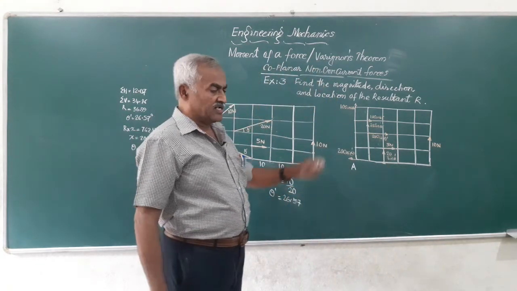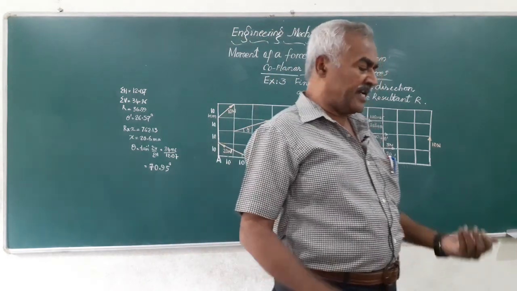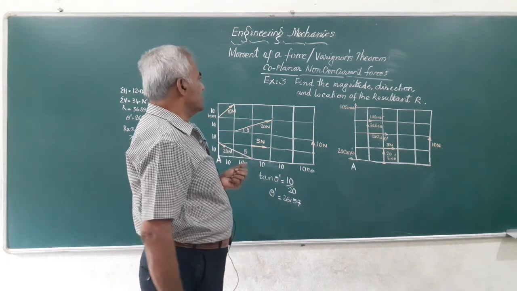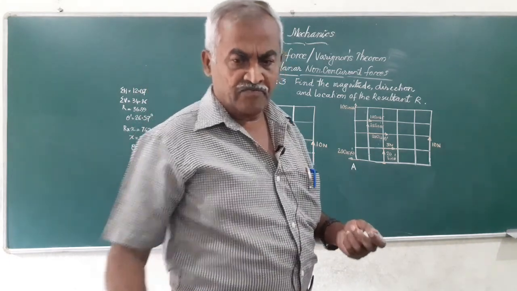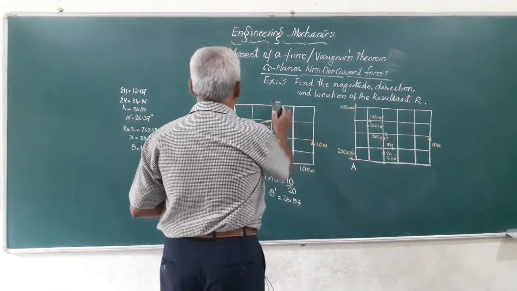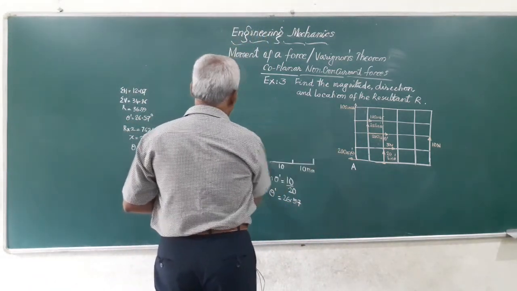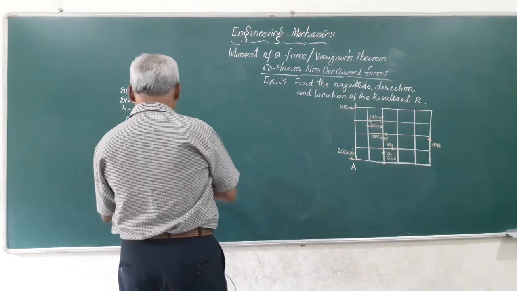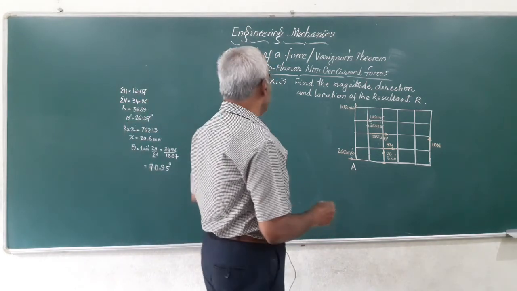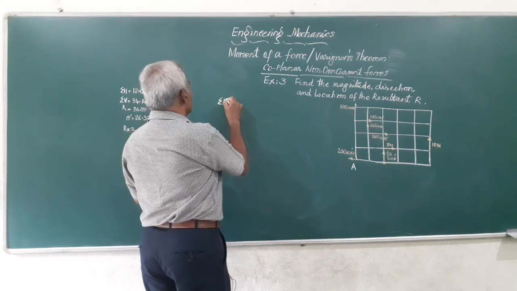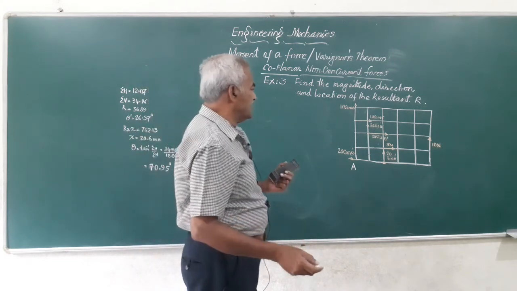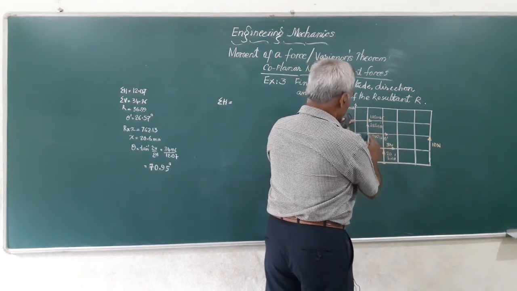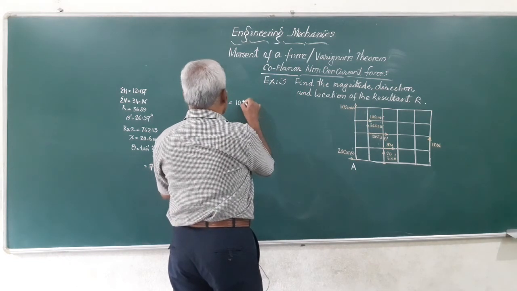Friends, in this figure we have split all the inclined forces in two mutually perpendicular directions, that is x and y directions. Now friends, you will have to find out the resultant of all these forces. So to find out the resultant, friends, we have to take the summation of all the horizontal forces and also all the vertical forces separately. If I take up sigma H, the sum of the horizontal forces acting along the x direction, please look at the board friends, you can see here there is 10 cos 45, 20 cos theta dash,